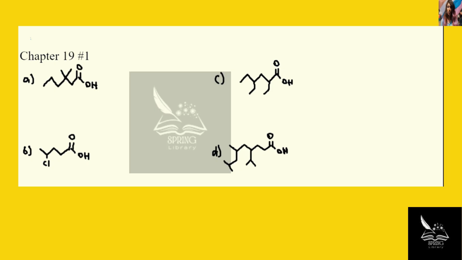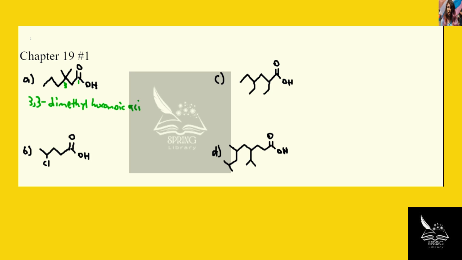So for A, if we make the carbon that's part of the carboxylic acid carbon number 1, we then have 2, 3, 4, 5, 6. So this is going to be hexanoic acid. And on carbon 3 here, we have 2 methyl groups. So when that's all put together, we get 3,3-dimethyl hexanoic